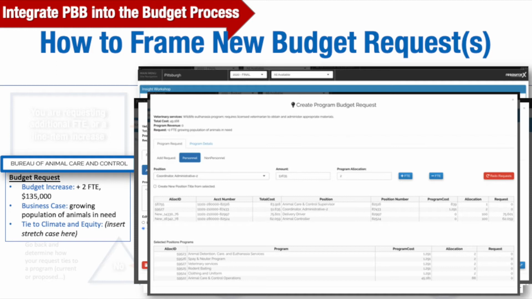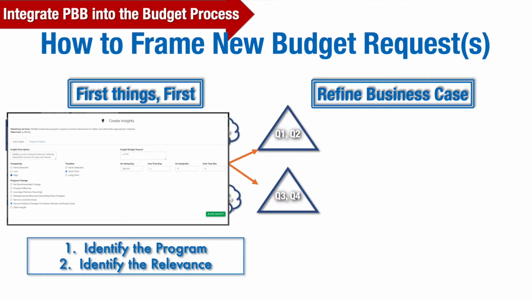And the reason we want to do that is because depending on what we know about the program, if it's low priority, we have a bunch of follow-up questions we want to ask. We want to say, man, you're asking for 2 new FTE for this program that has very little to do with our results. Follow-up question, is it paying for itself? Is it coming with a grant? Is it coming with ARPA resources? Is it coming with programmatic revenue or fees or charges? If the answer is no, we are actually asking for general fund dollars or general government resources to fund a